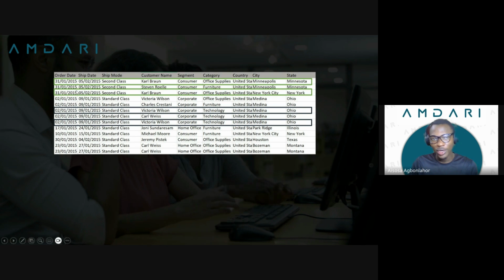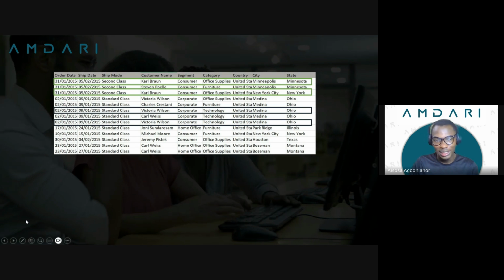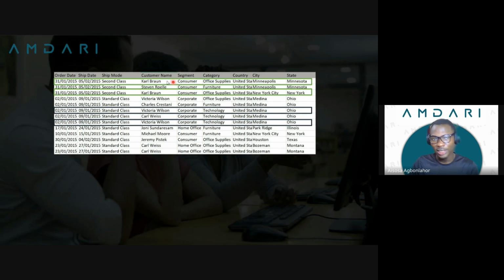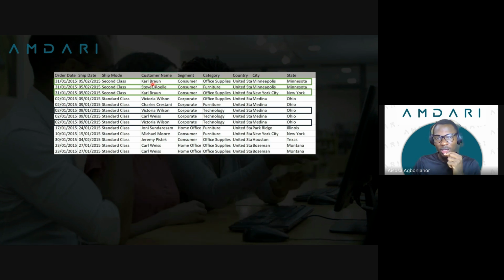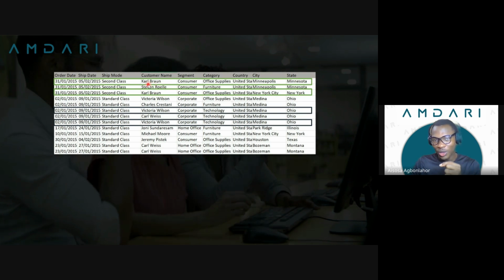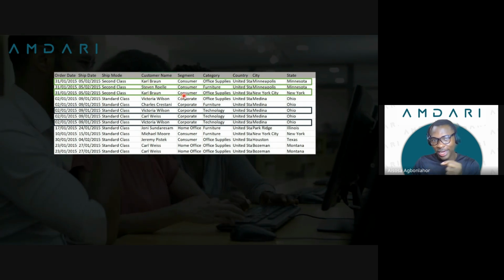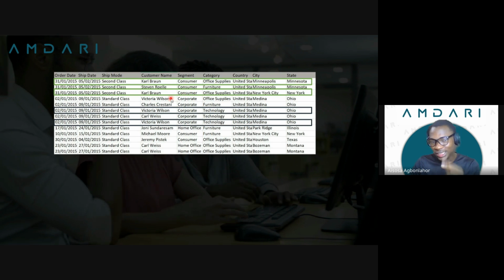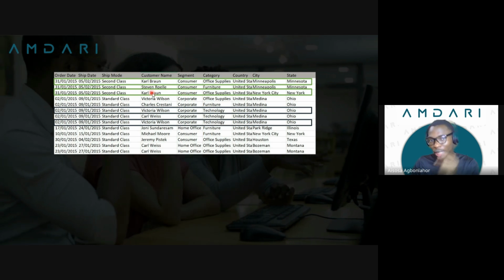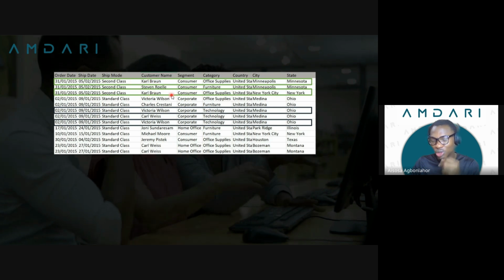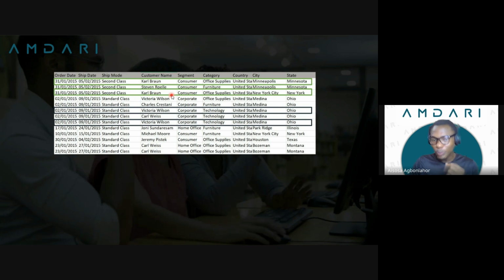I want you to take a look at this and tell me. Over here, we have carbon and we also have carbon. Would you count these transactions? That's the first transaction and the third transaction. Would you count both of them as